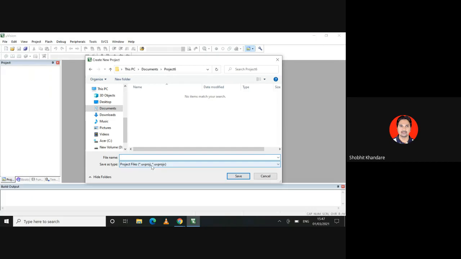Here I will write down number of ones. Number of ones is the name of the file which I will be putting in project 6 with the extension of .uvproj. So save this file.